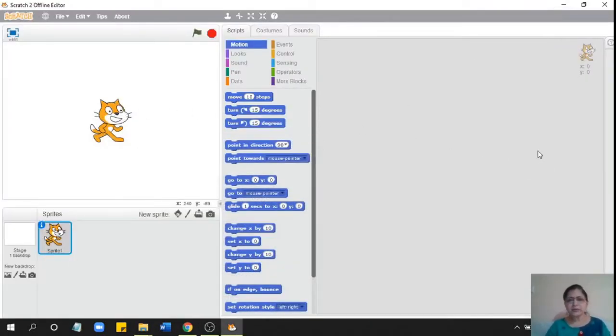First thing we are going to do is change the sprite. I'll simply shrink this sprite and make it very tiny. If I want, I can even hide it, but we'll keep this. I'll keep a color for the background.